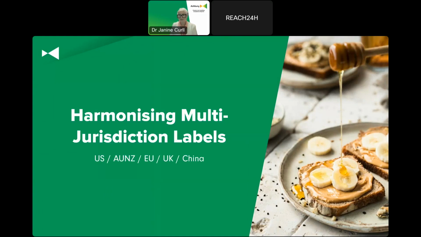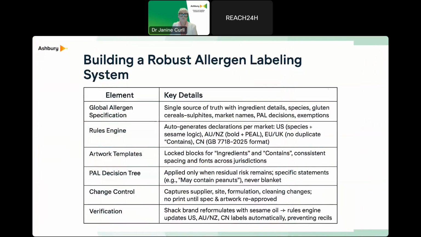So finally, I just want to give you some tips on harmonising multi-jurisdictional layers. Operating a robust allergen labelling system has multiple facets, of which these various elements are important, but they're not necessarily an exhaustive list. But it's a good foundation for a robust system that you start with a single source of